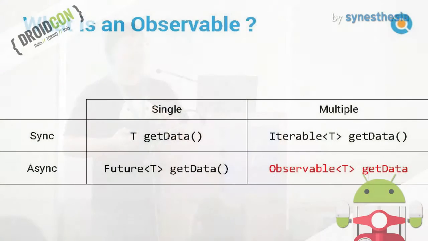So what is it? An observable is something that is asynchronous. Who here has heard of futures? Good. A future is the idea that we have a value that is not there yet, but might be there in the future. If I want to fetch something from an API, I don't have a response right now. I could block and get it straight away, which is the synchronous way. Or I could just say, I'm going to return now. Something is going to happen, and one day you'll have a value. You could attach callbacks to it, or there's a different way of implementing it.